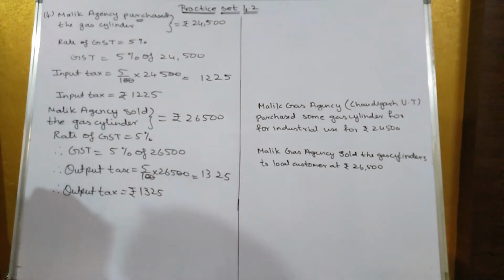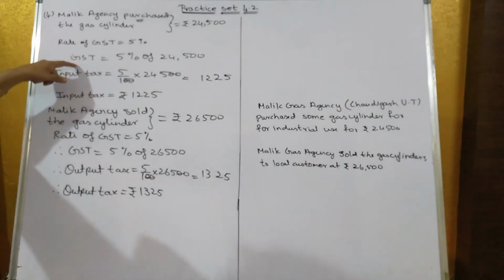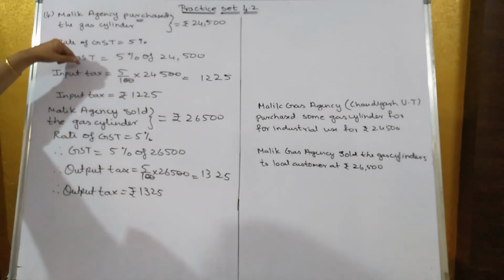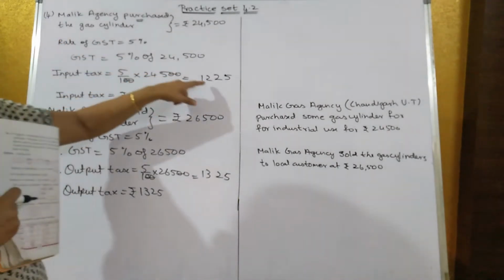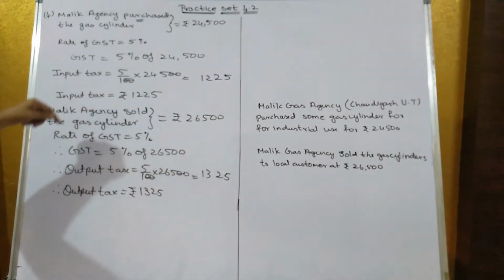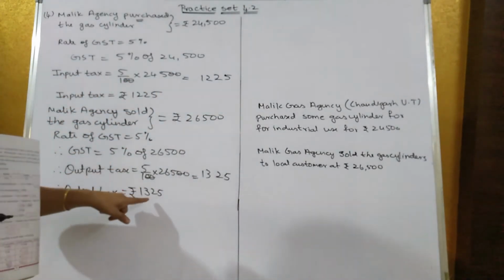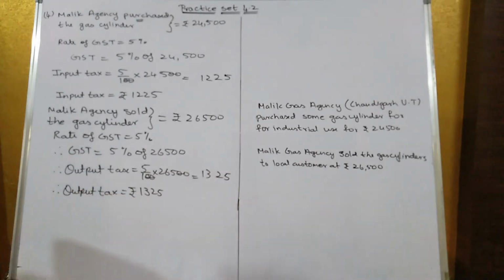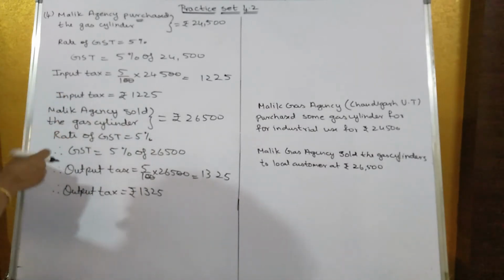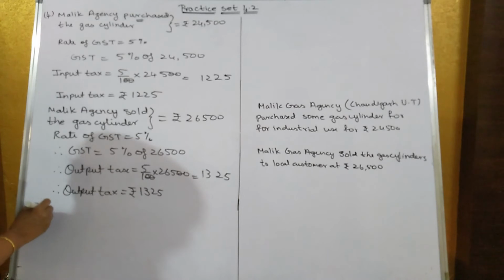तो पहले GST पेएबल मतलब परचेज करते वक्त GST कितना उसने पे किया था? 1,225. और GST सेल करते वक्त कितना उसने कलेक्ट किया? 1,325. तो इस सब में कितना कलेक्ट किया, कितना परचेज करते वक्त पे किया वो नहीं दिया था, तो वी हैड टू फाइंड इट आउट. सो व्हाट इज योर GST पेएबल?